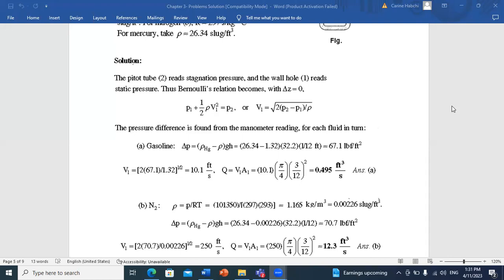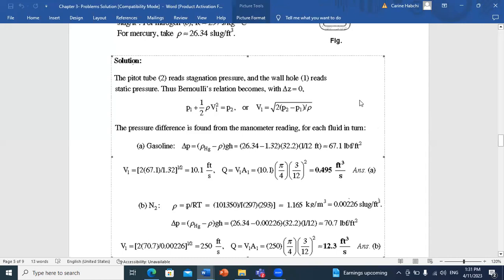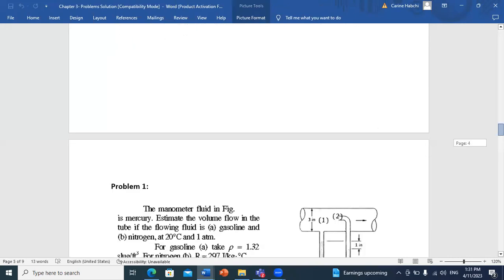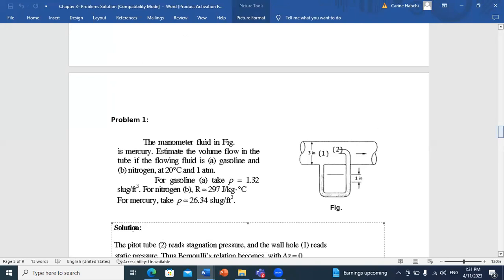Okay, so we'll do problems on Bernoulli equations this time. To start with, we have the following problem. The manometer fluid in the figure is mercury. Estimate the volume flow in the tube if the flowing fluid is first gasoline and second nitrogen at 20 degrees